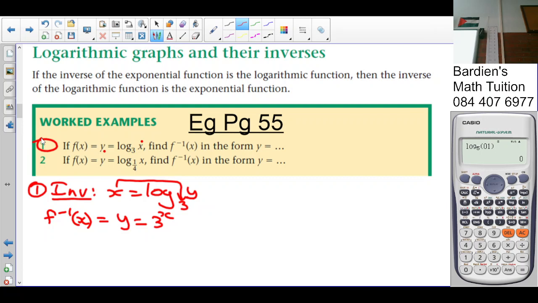Okay, you all agree with that? Any confusion? No? Number 2. You got y is equal to